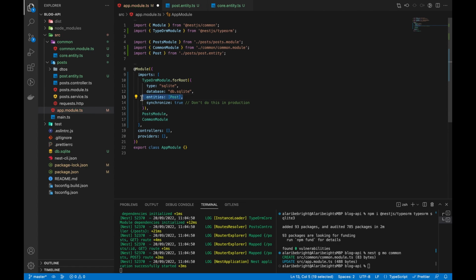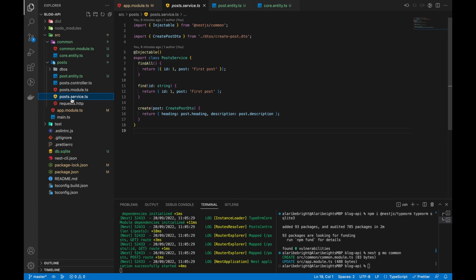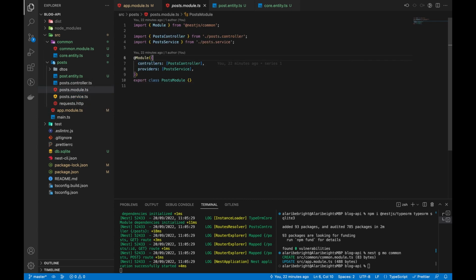Now we have an entity, and this is one way of wiring up our entity in our application. But we're not done yet, because now our service is also going to need a repository. Our service is going to need to communicate with this entity. And to give our service a repository that we would inject in our post service, we are going to come to our post module, and in our imports array,